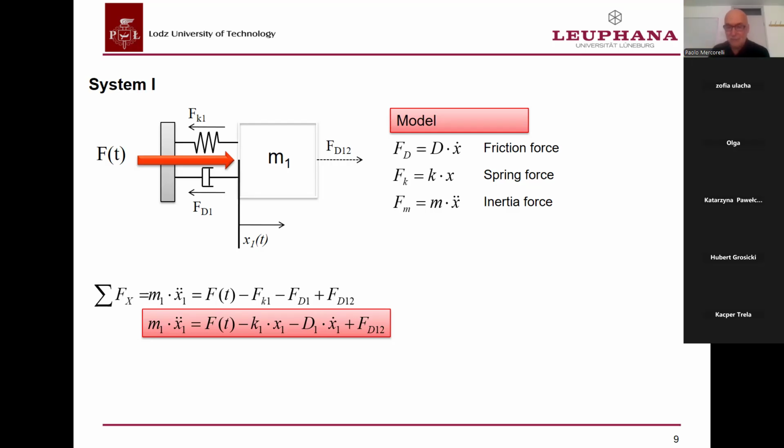And the friction force is characterized by D multiplied by X derivative. Basically, the force is proportional to the velocity. Of course, these three, and in particular the friction force and the spring force, are possible models, but not the unique ones. I will insist a little bit later on this concept, and in particular on the friction force,